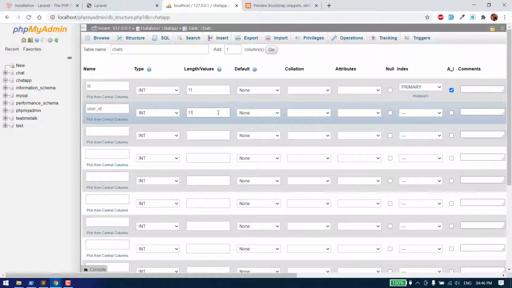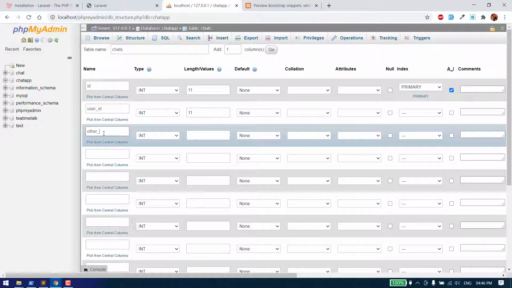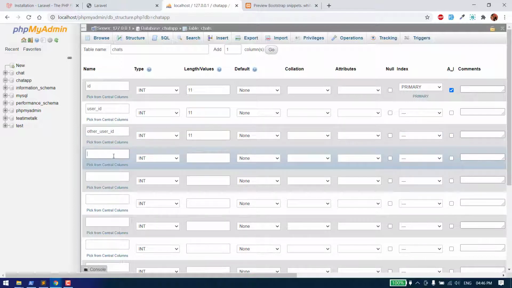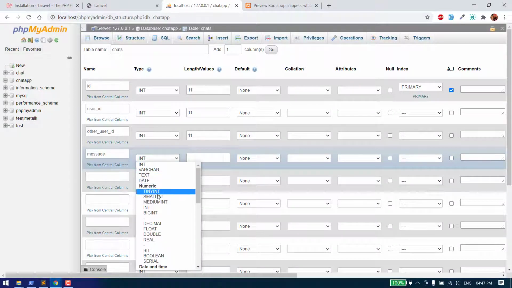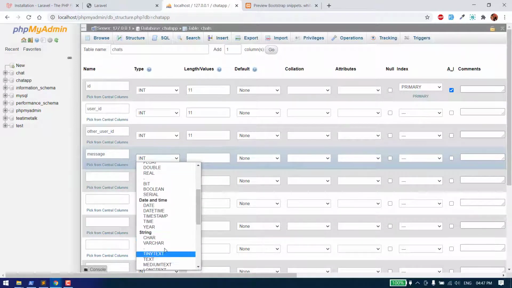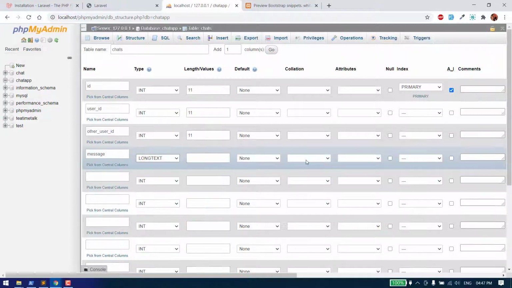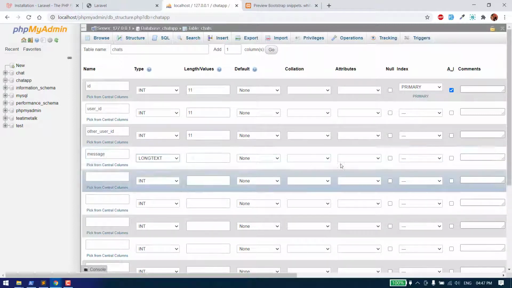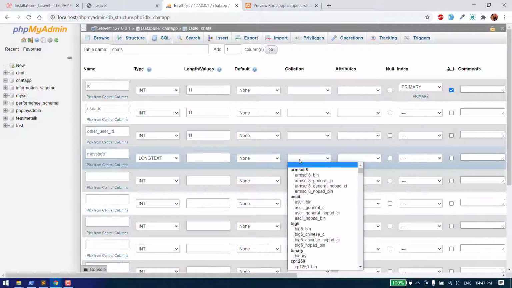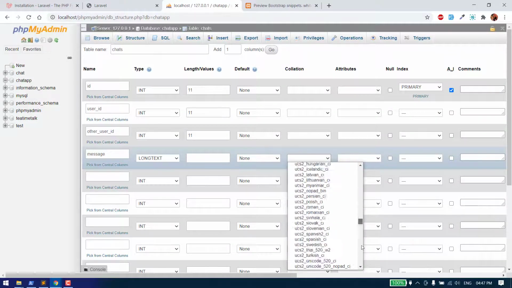In this field we will save the sender information for the user ID, and another one is message, and it will be long text, and we can set the collation to